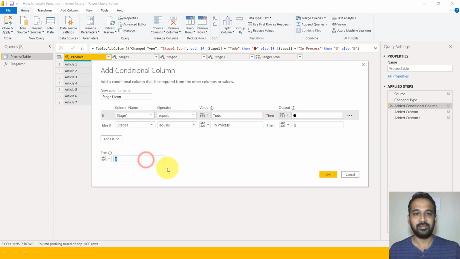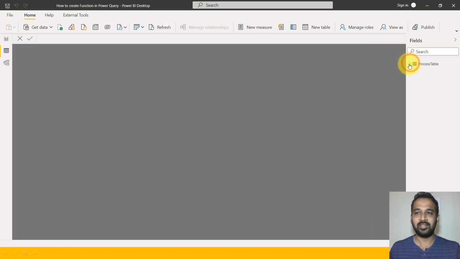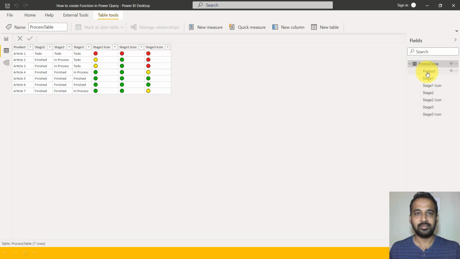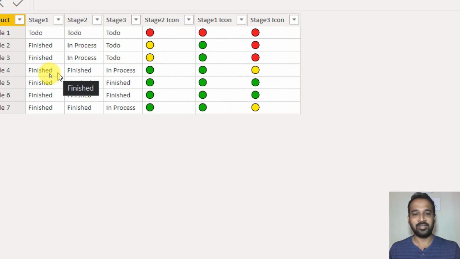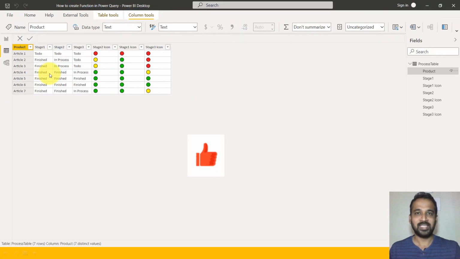For example, here, if I do so, then it looks like a box here, but at the end, the result is perfectly as expected. If you look at the final output, you can see the red, yellow, and green icons here. This is awesome, right?